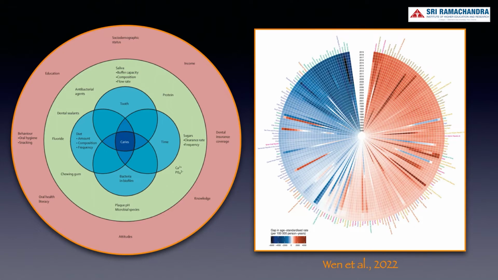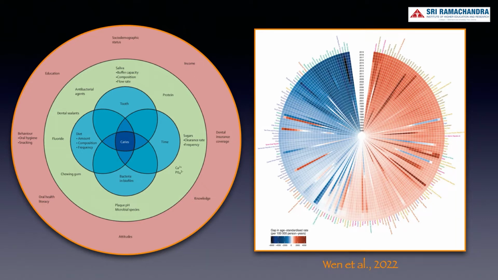Now then, a common similarity between these two figures is that both are complex. One is to do with etiology, the other one is to do with the burden of untreated caries in the primary dentition. The etiology of caries, although multifactorial, has some very key factors like the acidogenic and acidophilic microorganisms, the carbohydrates derived from the substrate, the host factors, and other social determinants like socioeconomic and behavioral factors that can play an important role in the whole pathogenesis.